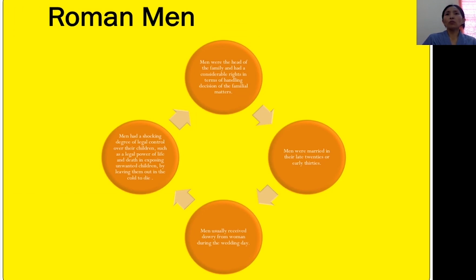So regarding the Roman man, they were the head of the family. So that means a patriarchal system was established, and they had considerable rights in terms of handling decisions of all kinds of familial matters. And men were married in their late 20s or early 30s, and men usually received dowry from women during the event of wedding, and they also had